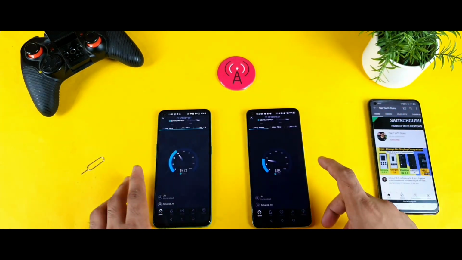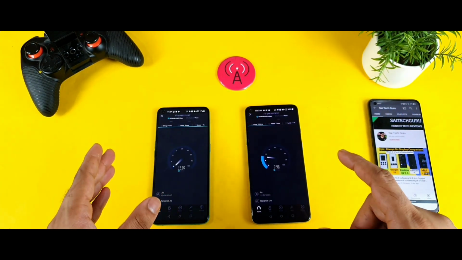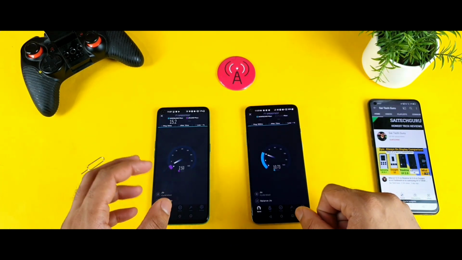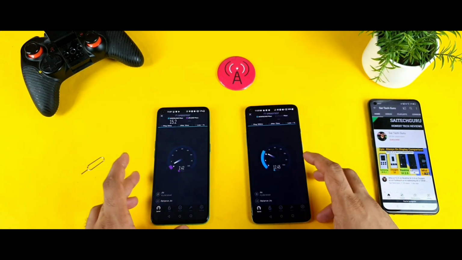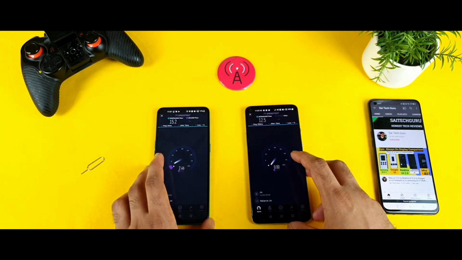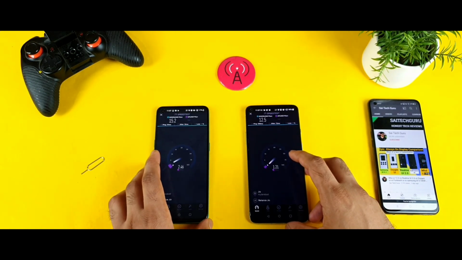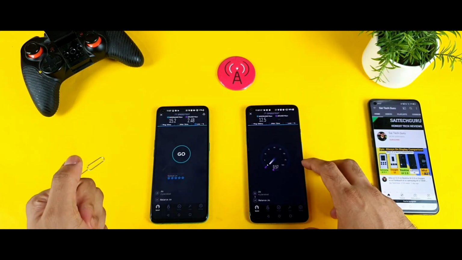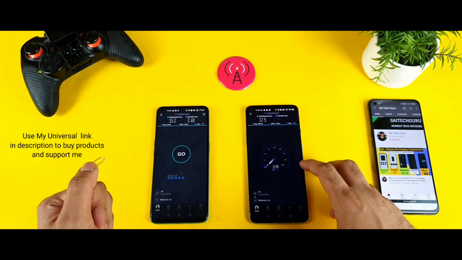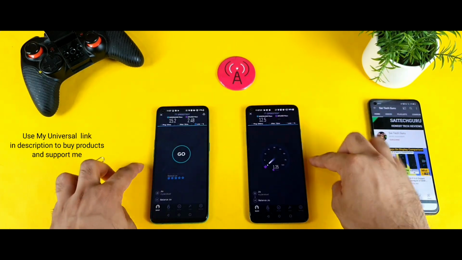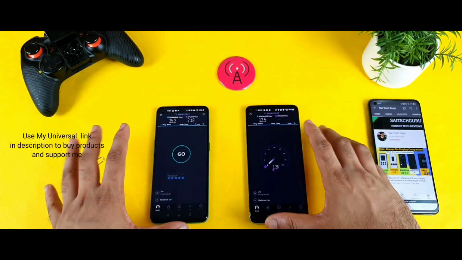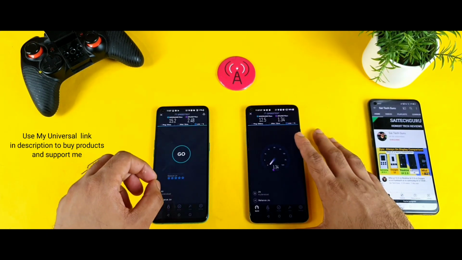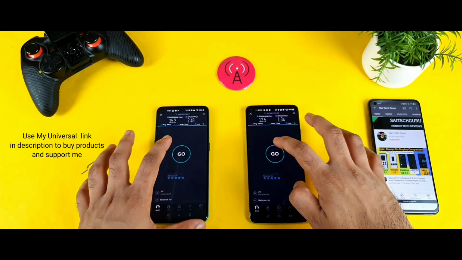I did find the signals are really great in the OnePlus Nord CE. Yes friends, the connectivity is really better in the OnePlus Nord CE. So let's see, in this test we'll get to know which phone has got what kind of speeds. So as you can see right now, these are the speeds, and let me start the speed test again at the same time. In case you want me to do the download test, make sure to comment below. I can do the download test as well for you all. Let me do the same time testing.